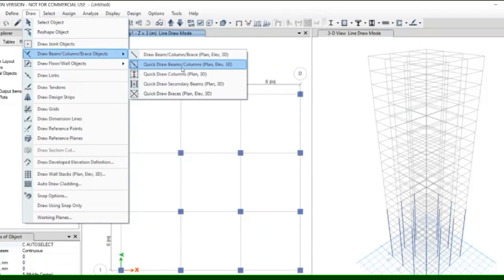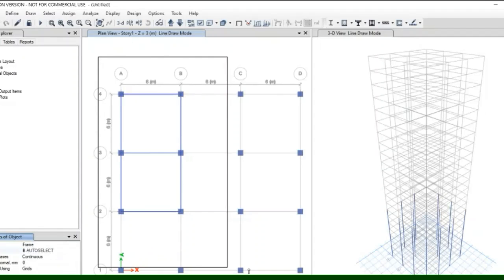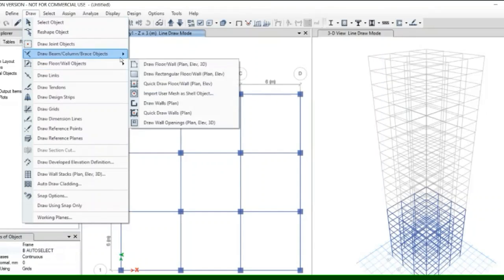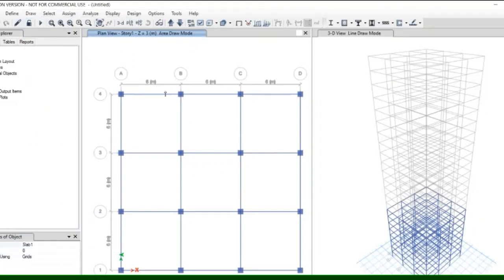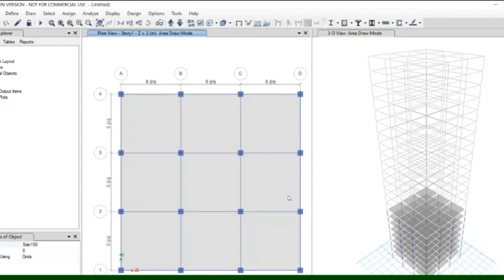Again for the beam, similarly select quick draw beam, make sure the property is beam auto select and drag. Again for the floor, slab property 150 slab thickness, drag all, select.